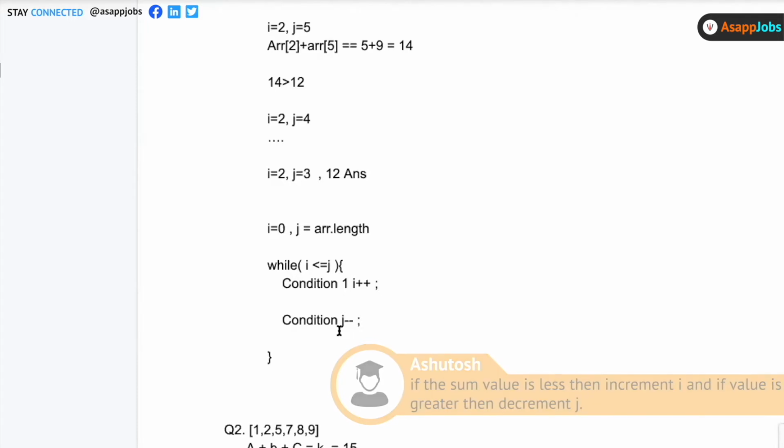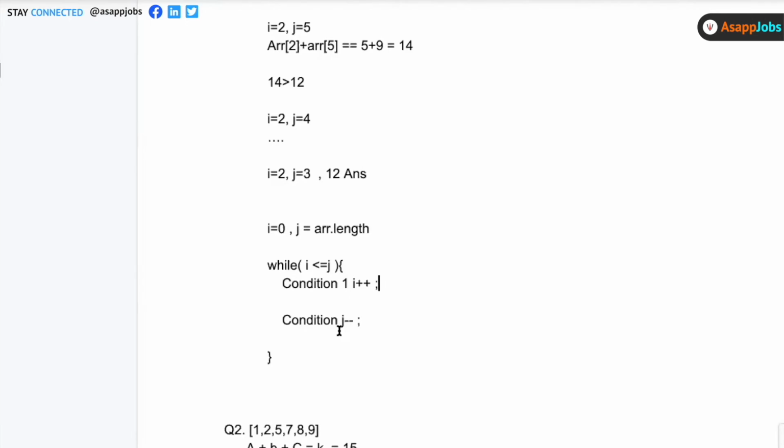Perfect. What it also infers, if you try to imply more meaning out of it, is that on the left-hand part is the smallest element. So on the left, i is denoting the smallest element, and j is denoting the largest element, right? So when I put one pointer on the left and one pointer on the right, it gives me the flexibility to move in both directions. I can move in a direction where I can increase the value, and I can also move in the direction where I can decrease the value, right?